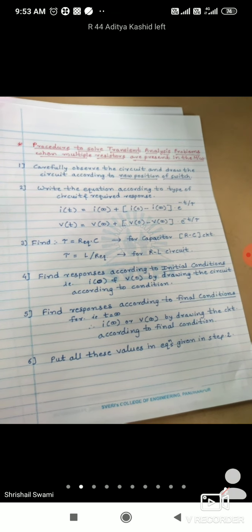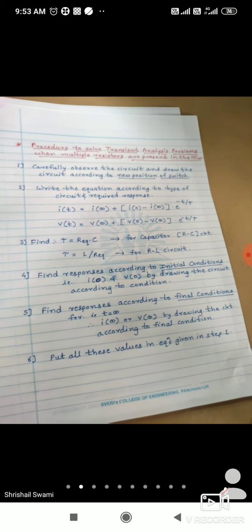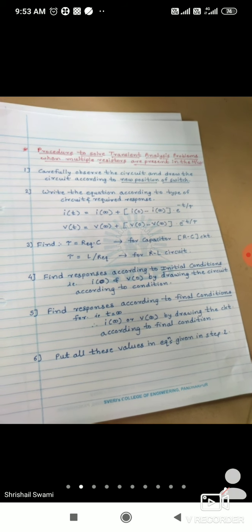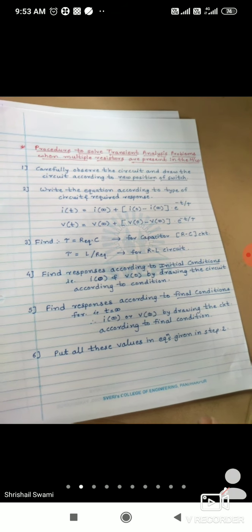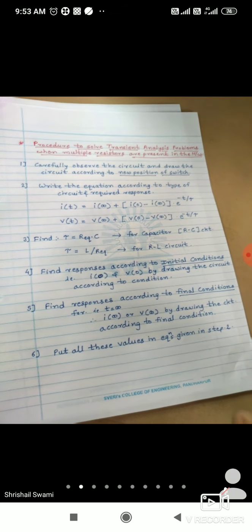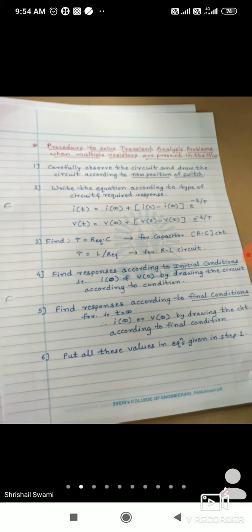Second one, the part after L, L means inductor and capacitor. Apart from that, you can find out the R equivalent. That is, while finding R equivalent, from which side to look and from which side to measure, it depends on the nature of the circuit. Do you understand? So when we solve the problems, we can get the idea how to find out the R equivalent. So we'll solve yesterday's problem.